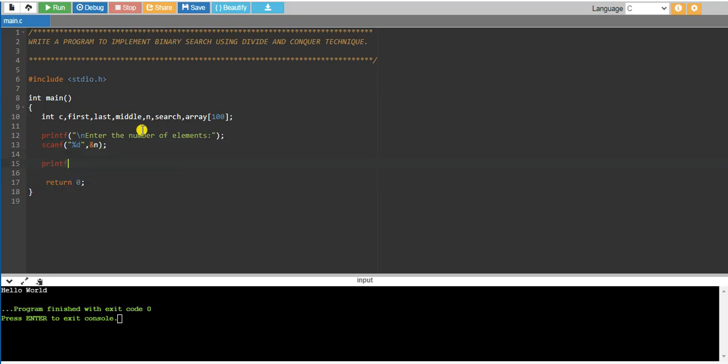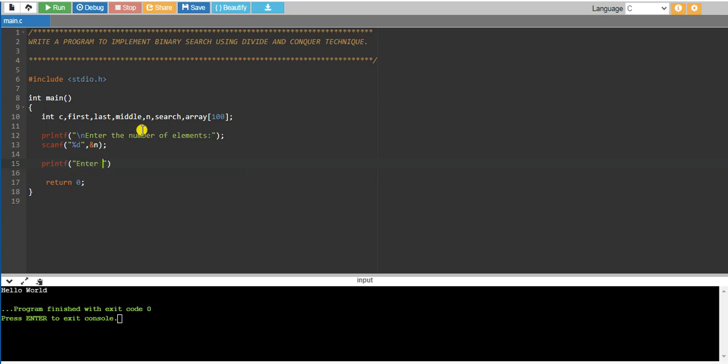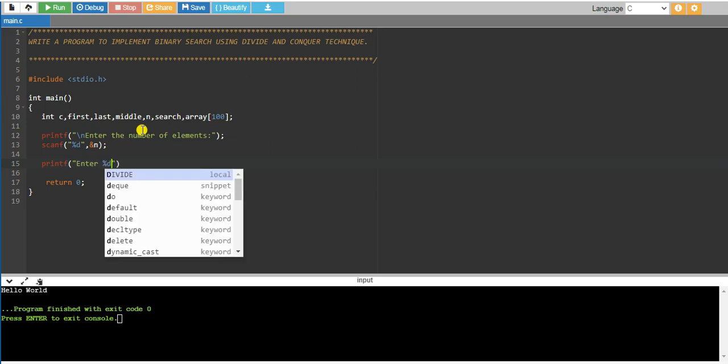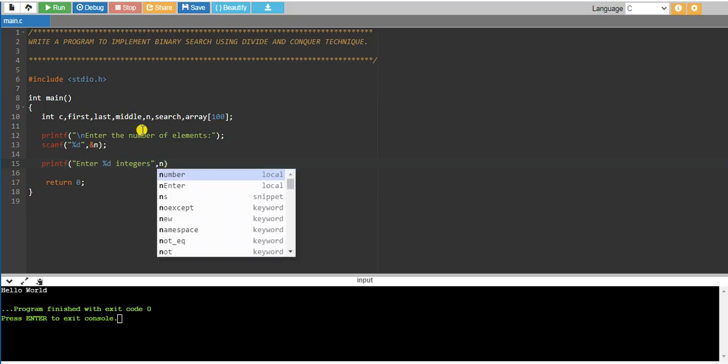So printf. After getting the size, we have to enter the integers. For that I have to ask the user to enter %d integers, and I'm going to print that with the help of n.